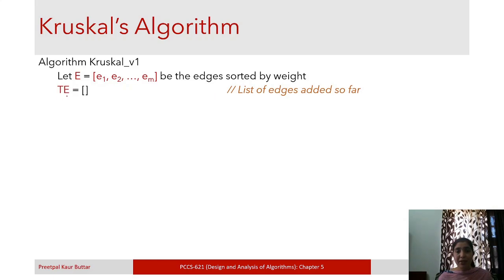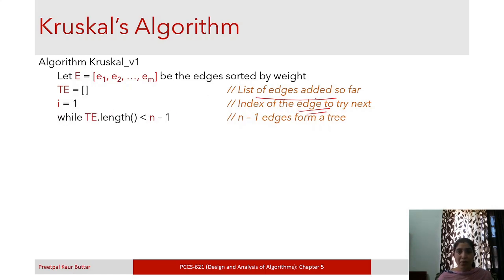And initially the tree list, the edge list of the tree, the list of edges which are added to the tree, is empty, and I is equal to 1. It means the index of edge to try next, right? So we will pick the first edge in the sorted list. So I is equal to 1, and how many edges will we pick? We will pick n minus 1 edges. Therefore this loop will run till we pick n minus 1 edges,